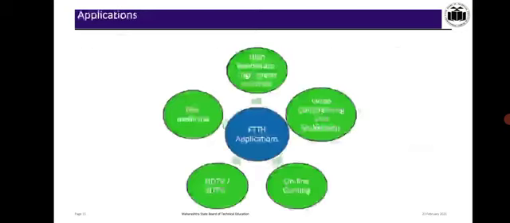Now moving toward the applications of the FTTH. There are tremendous applications of FTTH. The first one, it is used in high bandwidth, high speed internet. Video conferencing and multimedia, it is always used in online gaming. It is useful in high definition TV, 3D TV, and also it is used in telecommunication.